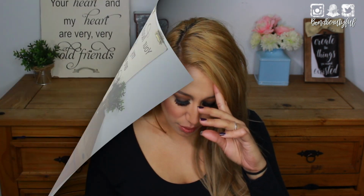I love those LA Girl Just Blushing blushes, because the formulas are so soft. You get so much in the pan and they're so inexpensive. They are drugstore prices. So then we have these Colourpop